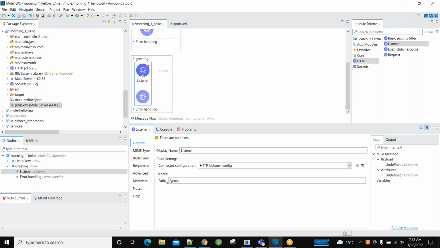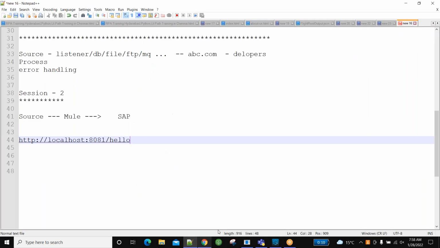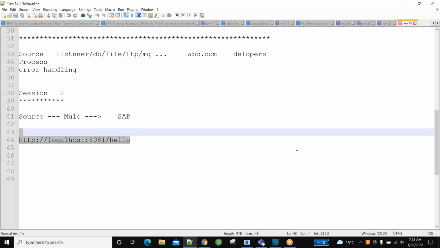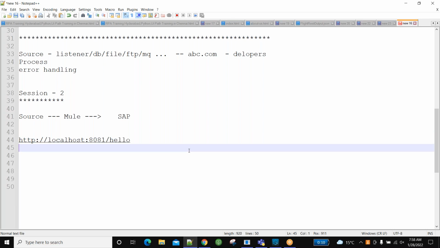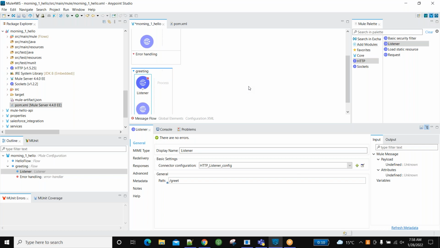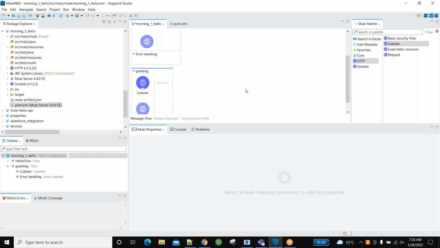So the person from the front end, if they want to reach here, they will give the hello address. If they want to reach the greeting flat, they will give that address. I'm telling you this only to make you understand the importance of path. So coming to Mule, in one project we can have a number of flows. That is clear for you, right? For now,